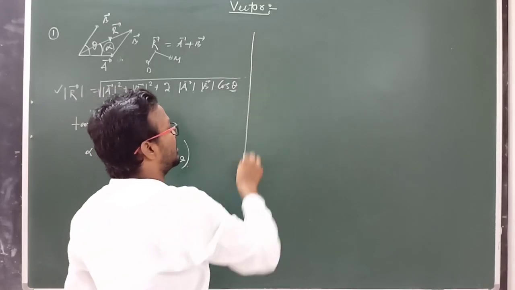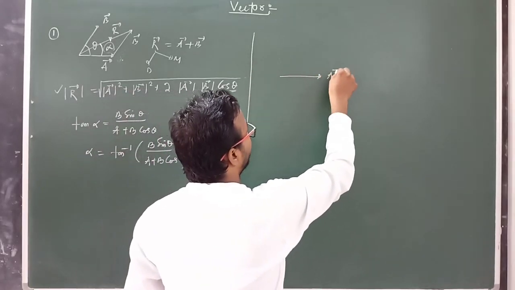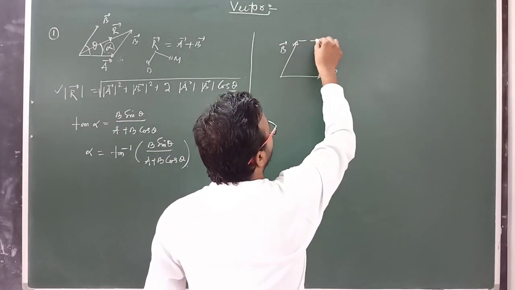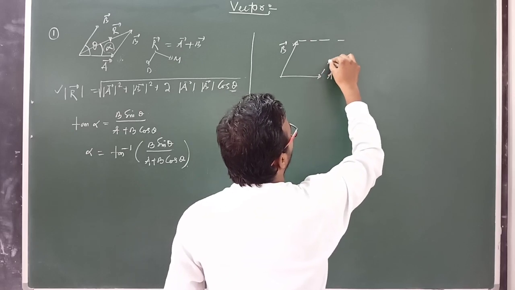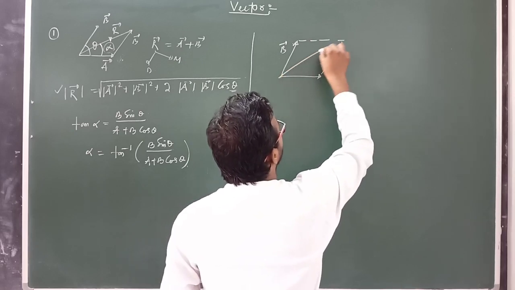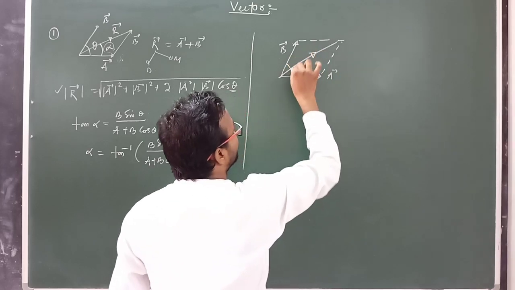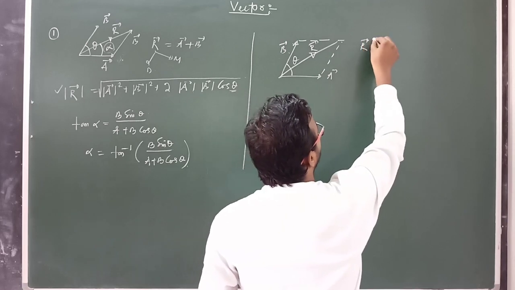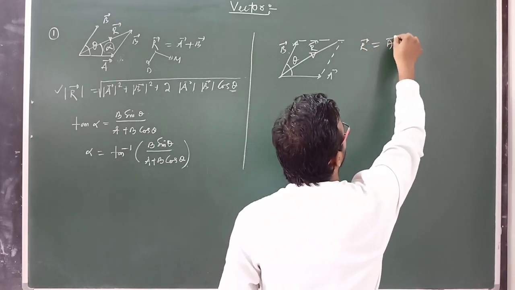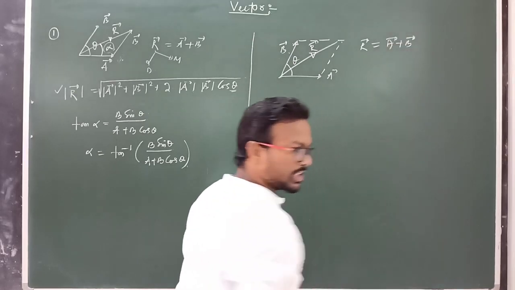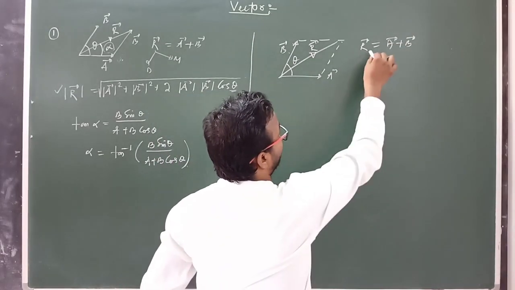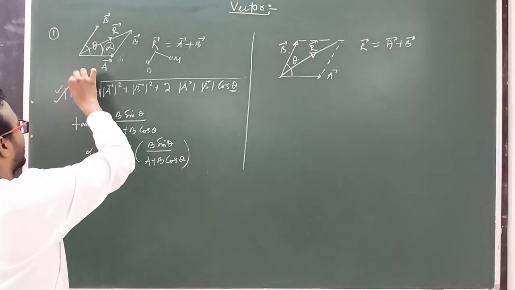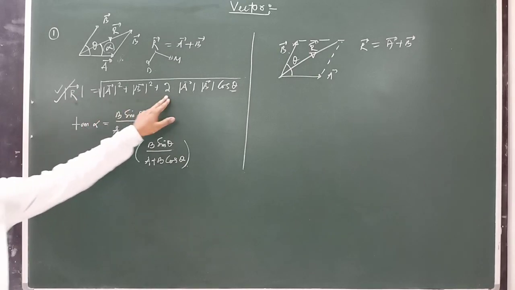What is the parallelogram law? Similarly, if two vectors here, A and B, represent two adjacent sides of a parallelogram, first we have to complete the parallelogram here, and this is the resultant vector, and this angle, suppose theta, is the angle between the two vectors, and here this is the resultant. So here also R is equal to, we already know, A vector plus B vector. Similarly, this vector quantity possesses both magnitude and direction, and its magnitude we already proved: R equals root of A squared plus B squared plus 2AB cos theta.